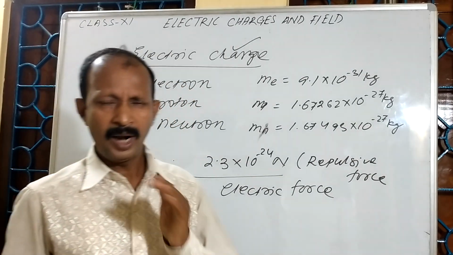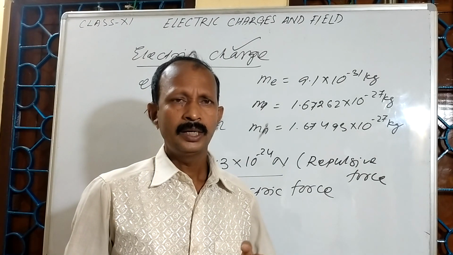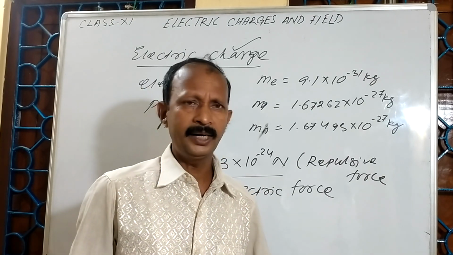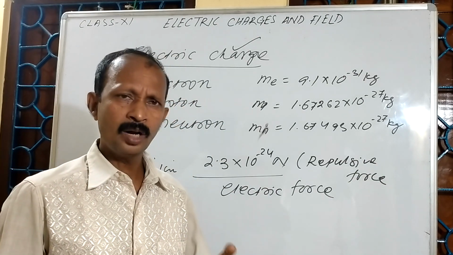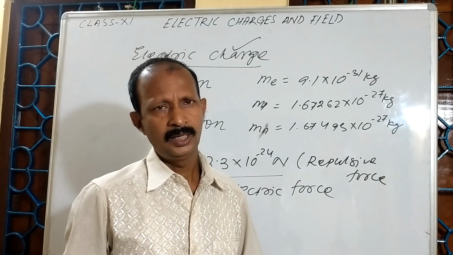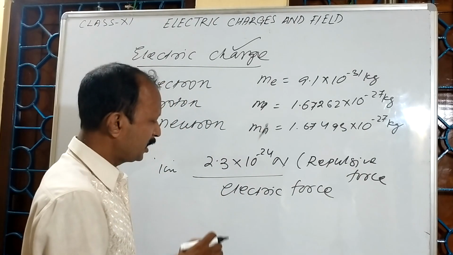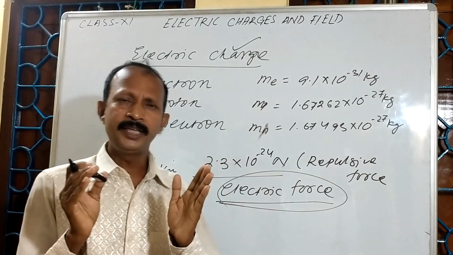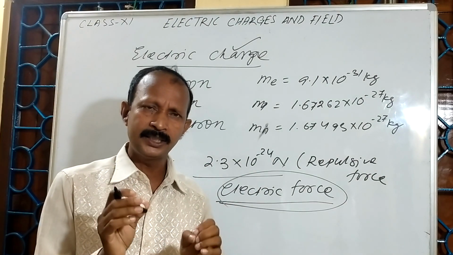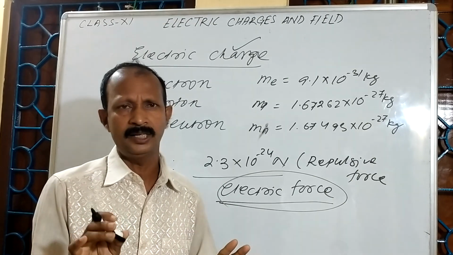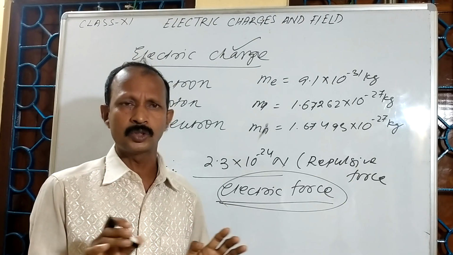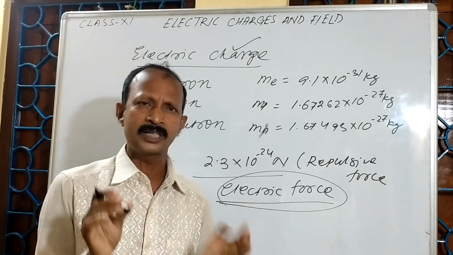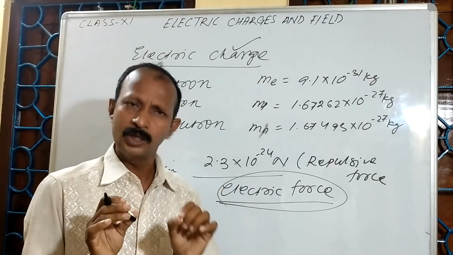So, I want to say that in addition to the mass, the electron definitely has some other properties. Which property is responsible for this electric force? If there is a mass, definitely there is a gravitational force. I said there is a gravitational force between the two electrons because according to the law of gravitation, every body in the universe attracts every other body. It may be an electron, it does not matter.